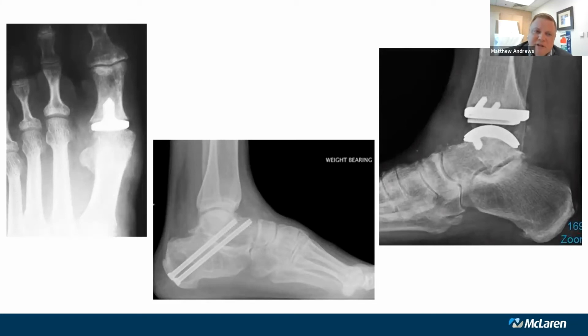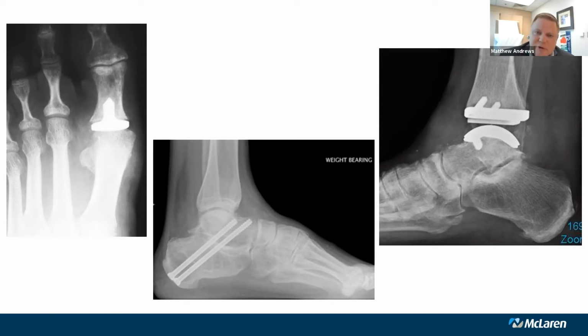So what this actually is, is a small stemmed implant that we insert into the bone. We remove a portion of the joint, and then as opposed to having a bone-on-bone interface, you now have a bone on metal, which is essentially painless. It helps to maintain the range of motion, and the recovery is very brief. You can typically walk on this right away. Most people are back into regular shoes within 2 to 3 weeks after a procedure like this.